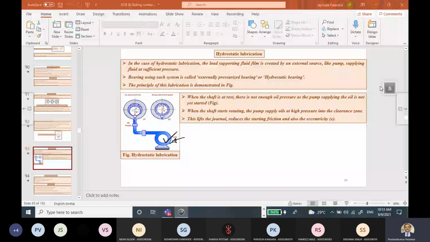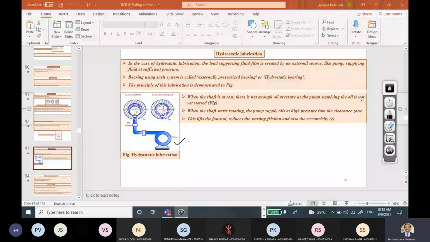When you use this external means, the pump, the operation of the hydrostatic bearing will become much smoother in comparison to the hydrodynamic bearing. But the additional cost of the pump will come in the hydrostatic bearing. Okay,